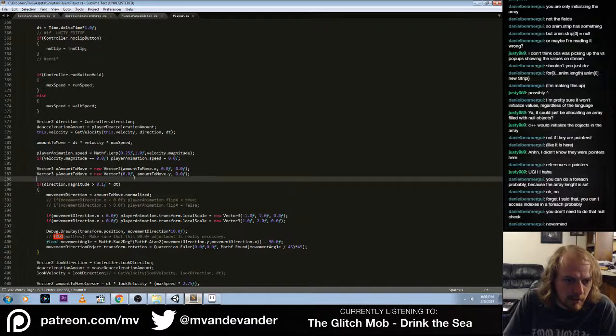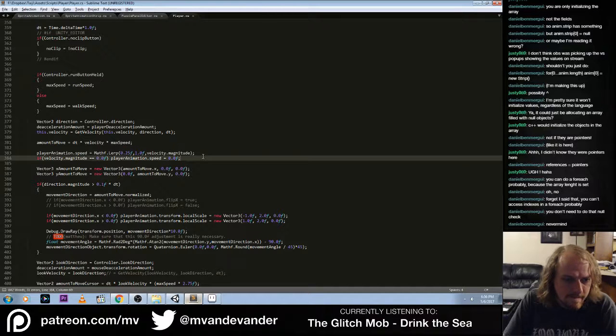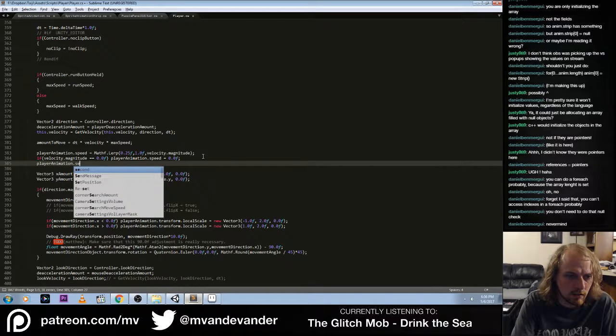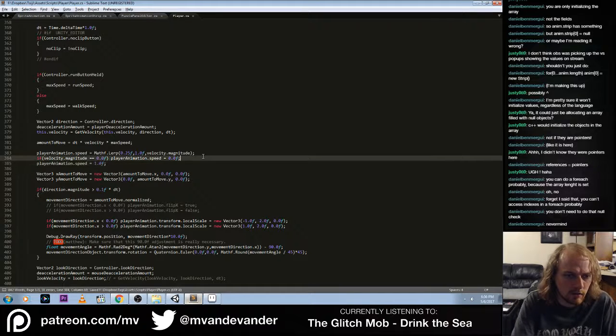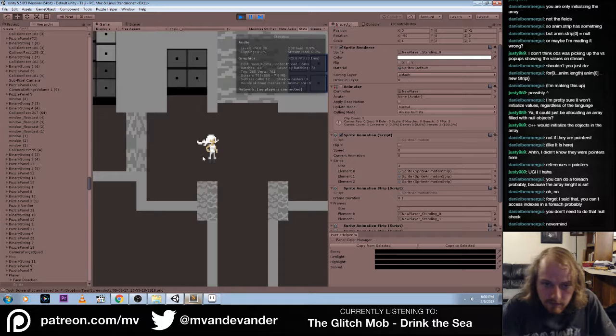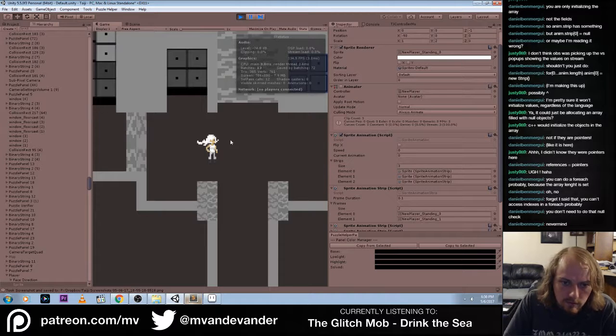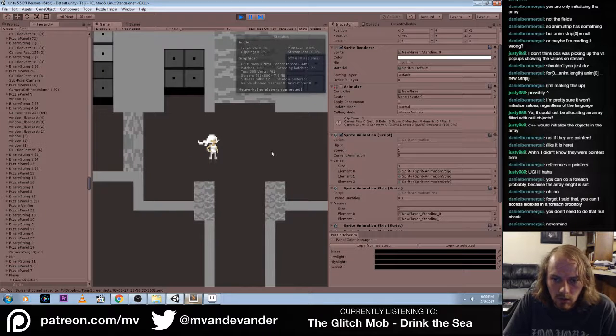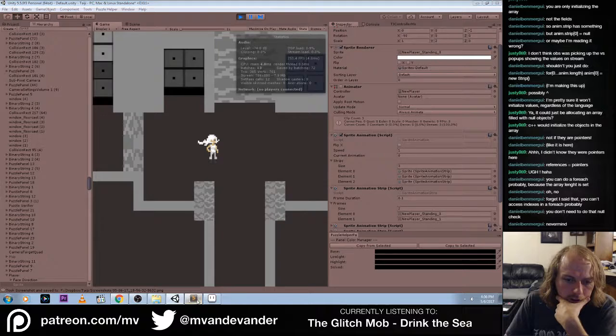So let's by default go in here and let's just always set player animation speed to 1. For debugging. And see whether that works. So that does work. The thing I wonder though is like,